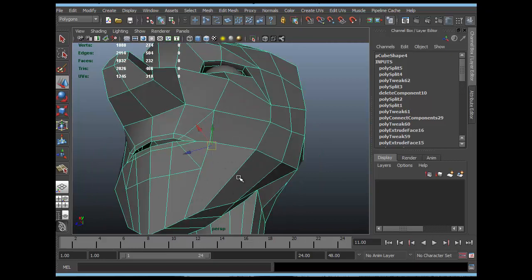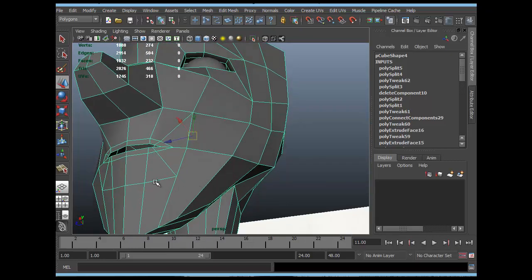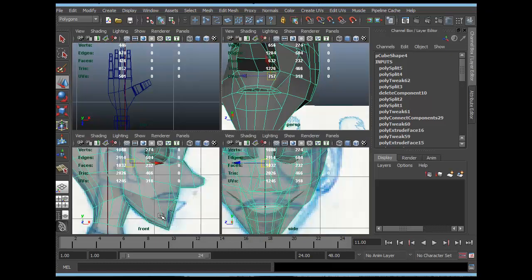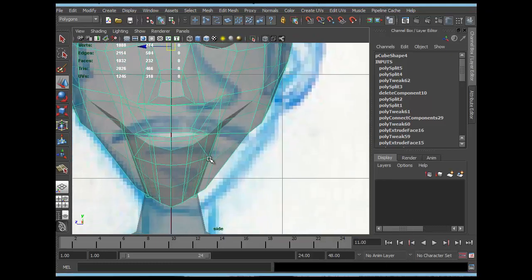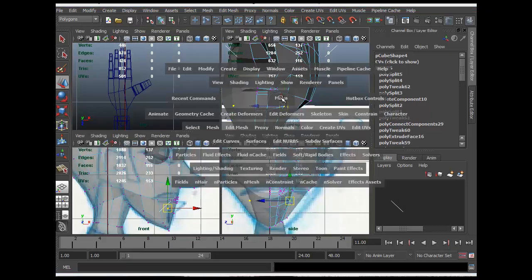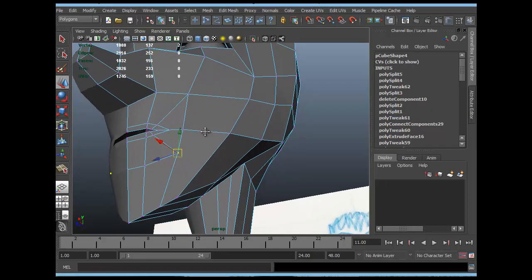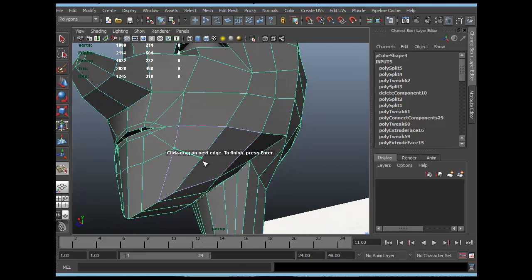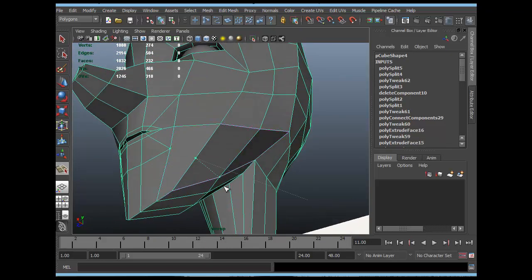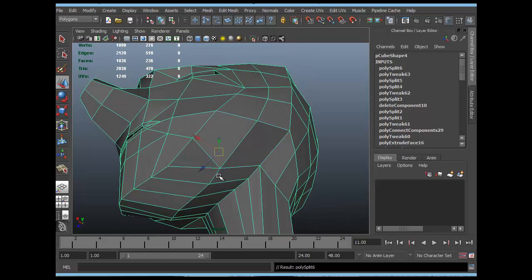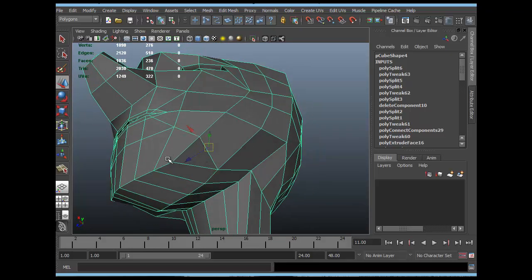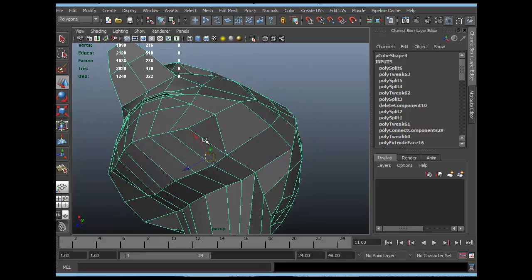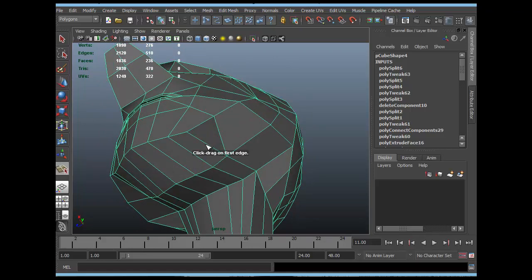Now we have a five-sided face here, which I will have to avoid. I will draw something that goes through this and ends up here. Okay, now we have a triangle here. We can avoid this triangle just by adding